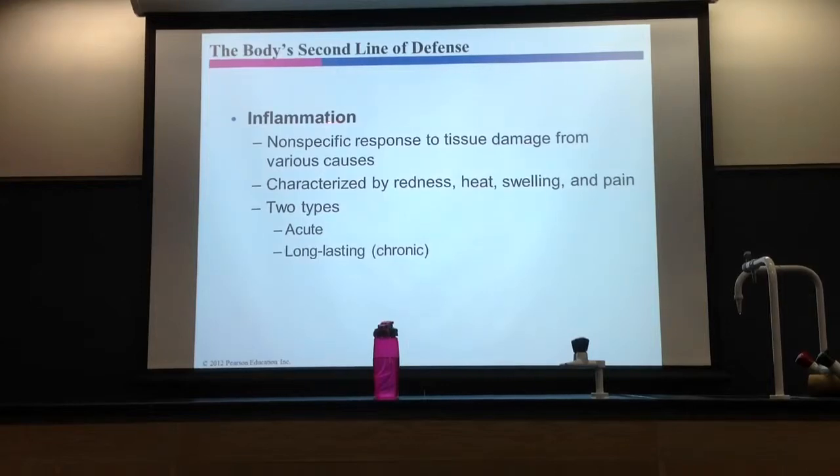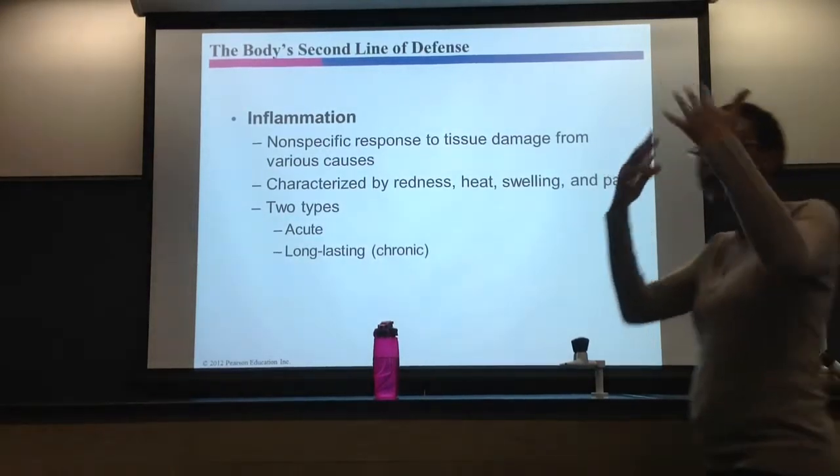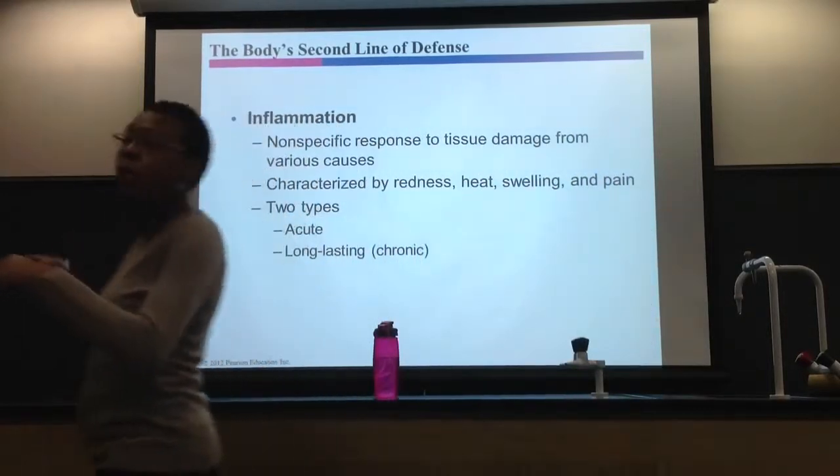Okie dokie. So, last two things, inflammation and fever. Basically, inflammation is non-specific, responding to some sort of tissue damage, okay? You basically have lots of things going on real quick. Of course, you know the signs, right? Redness, swelling, warmth, and pain. All that is what inflammation tends to be localized to. So keep that in mind, because fever is all around, but inflammation tends to be localized.